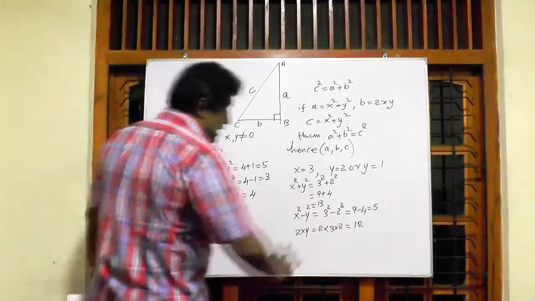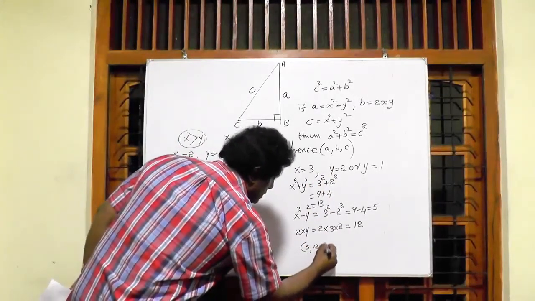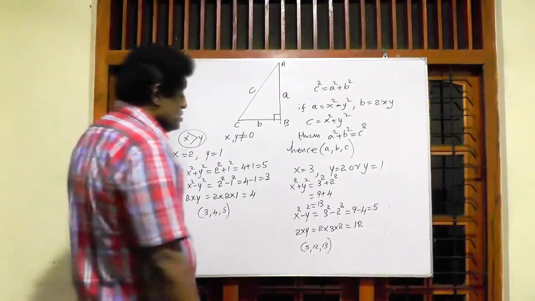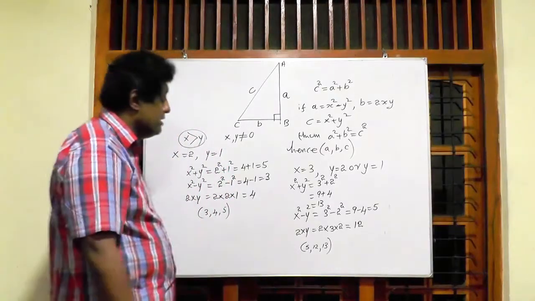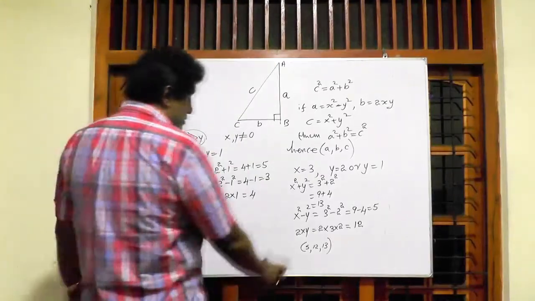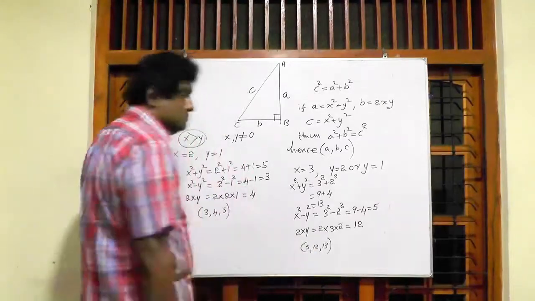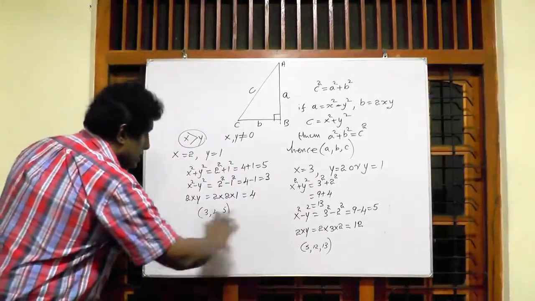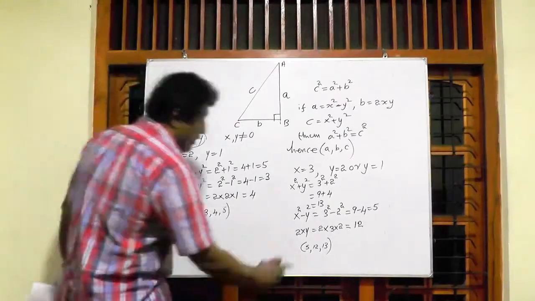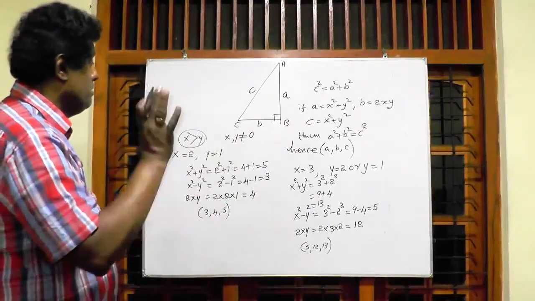Now I am going to write that Pythagorean triple: 5, 12 and 13. 5 and 12 are the lengths of the two sides contained in the right angle. Then 13 is the length of the hypotenuse. This is another Pythagorean triple. Is there any relation between them? No. They are different Pythagorean triples. 3, 4, 5 and 5, 12, 13, both of them are different Pythagorean triples.